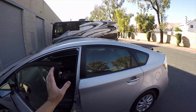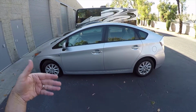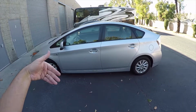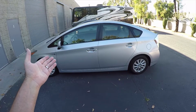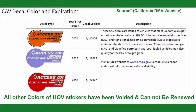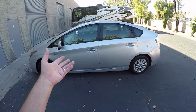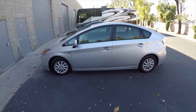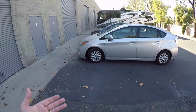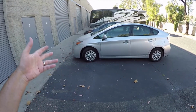For example, if you buy a car that has red carpool stickers, the red stickers expire in 2022, so you have about a year left to use those stickers. The purple carpool stickers expire in 2023, so you have about 2 years left. But if you get the orange carpool stickers, those stickers are good until 2024, so you get 3 full years plus whatever's left of this year. But if you apply for the stickers in January, you could get the blue carpool stickers that are good until